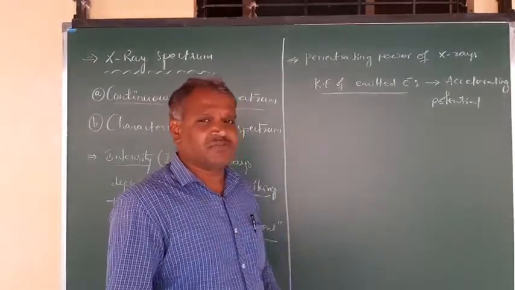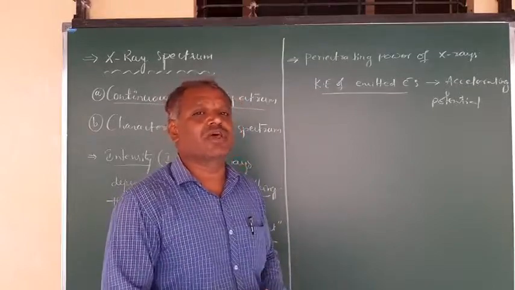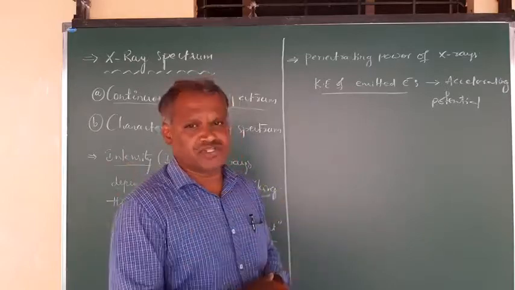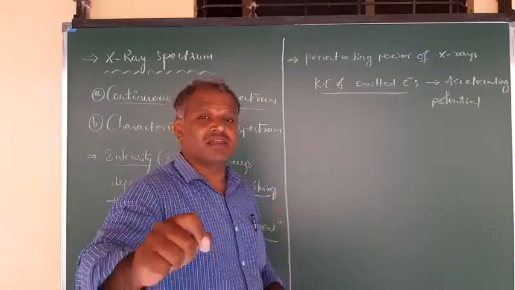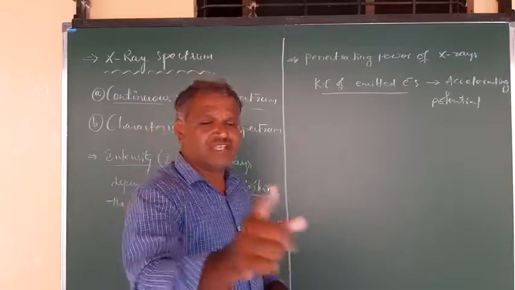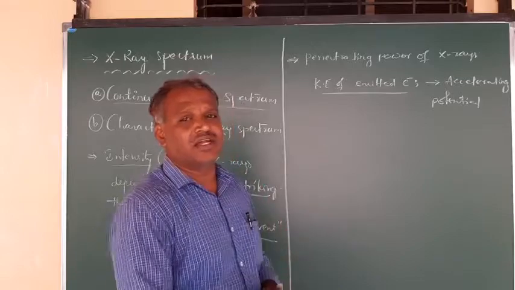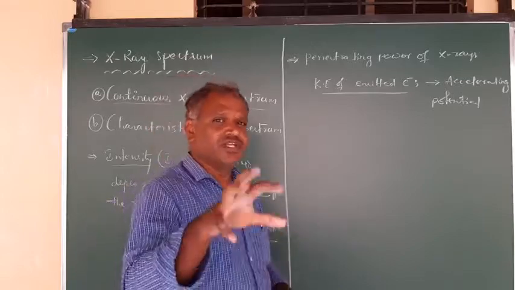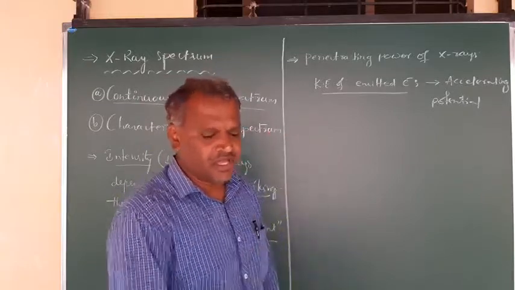In the characteristic X-ray spectrum, we get lines along with the continuous spectrum. The spikes can be observed when you draw the graph between intensity versus wavelength. The wavelength of the characteristic X-ray spectrum depends purely on the nature of the target material. It is independent of accelerating potential. It is a characteristic property of that target. So that is what we discuss in this X-rays topic. With this we can conclude this one.